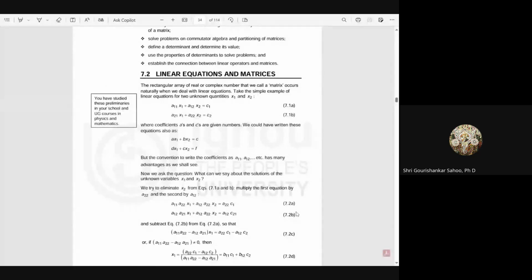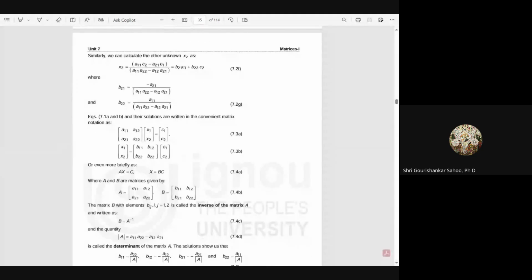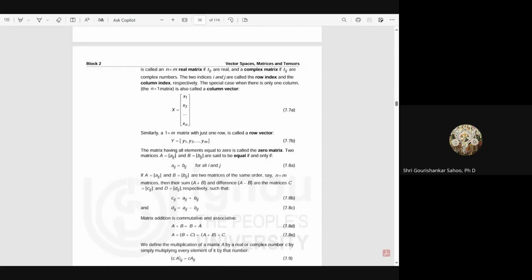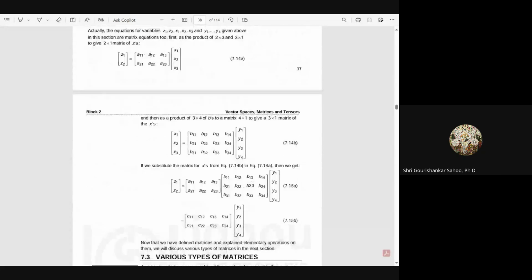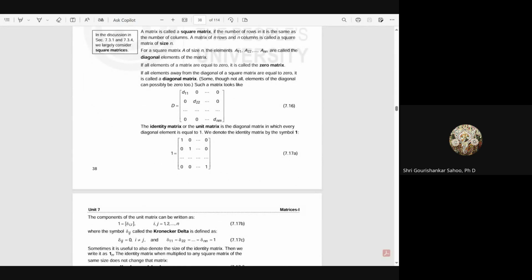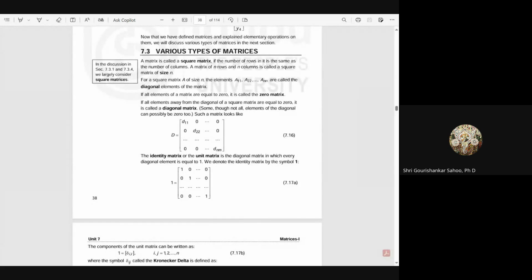Then linear equations and matrices. You can see on the screen a rectangular array of real and complex numbers is called a matrix, which I discussed in the previous class yesterday. You can see here the inverse of a matrix, how you can get it. I have given you different methods and some examples today. You can see here multiplication of matrices, addition, inner product, Kronecker's product, various types of matrix: unit matrix, where all the diagonal terms are 1, null matrix, where all the elements are 0,